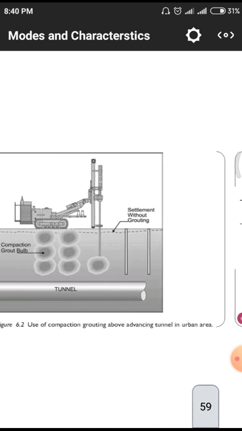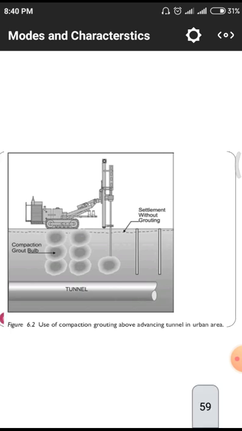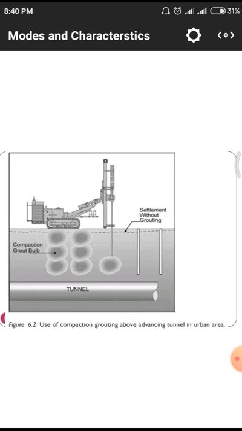Here also we have to observe the total mechanism of this reinforcement. A crane is there. The crane is simply making some quantities of boreholes. After the boreholes are done, they are simply injecting the grouting material into the structure. Why? Because below the particular grouting technique, they were having some tunnels, so artificially they are strengthening the tunnel without any losses. Settlement with grouting, they are injecting the quantity of grouting material with the help of this large scale equipment.